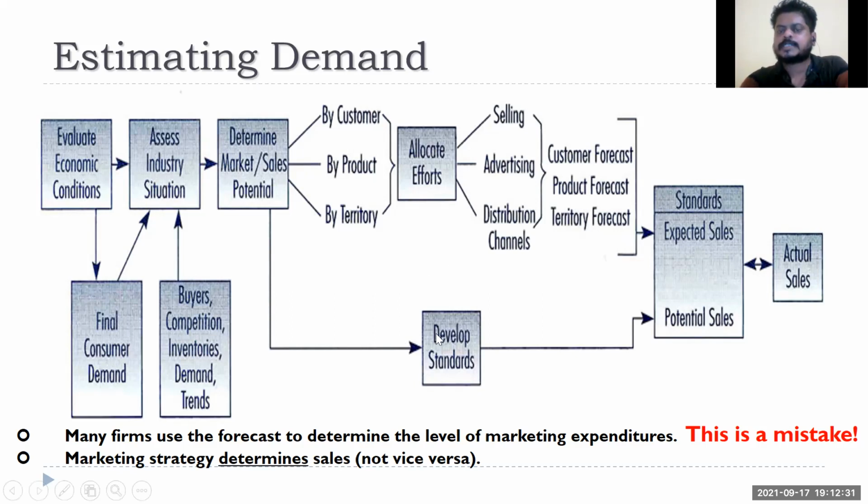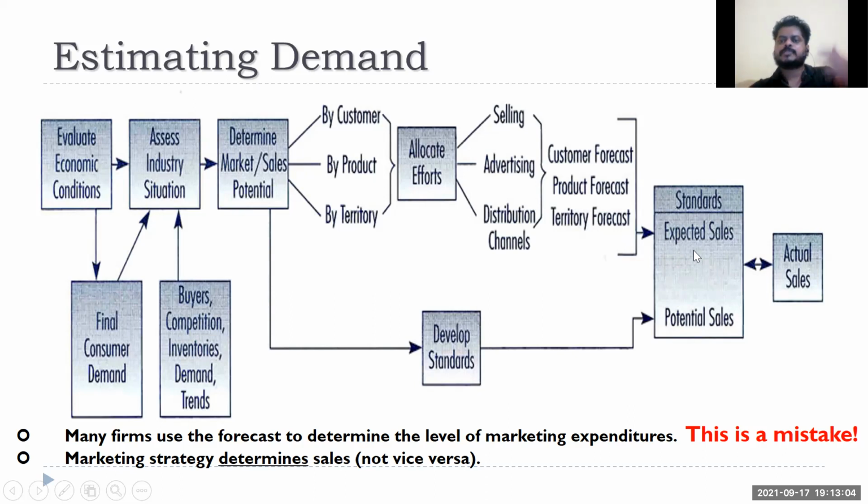So that is where the standard is developed, right? What is my expected sales growth? Last year I had, let's say, 100 crore sales. So my standard, or the metric, is 20% year on year revenue growth. So I am looking for a potential sales of 120 crore. But this information, based upon my marketing programs and my actual involvement in the market, will tell me actual expected sales, whether it is 120 crores or 110 crores or 150 crores. So that is my expected sales, right?